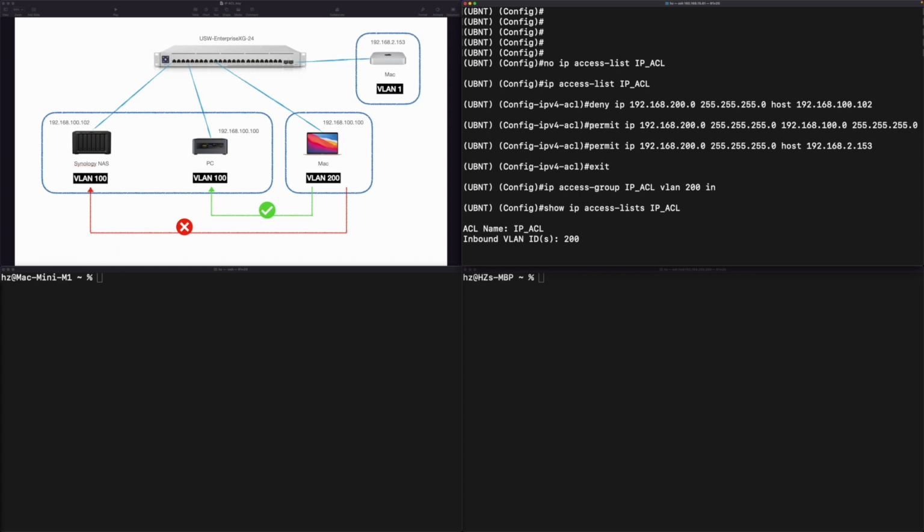Move on to the next command. I want to permit the whole VLAN 200 subnet access to the VLAN 100. Remember the first rule, block access to this, and then the second rule, permit access to the whole subnet. The first rule has the priority. The end result will be I won't be able to access this Synology, but I should be able to access